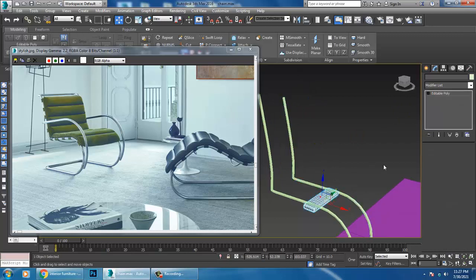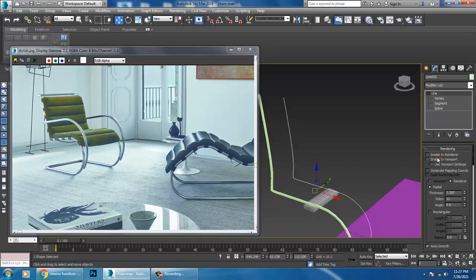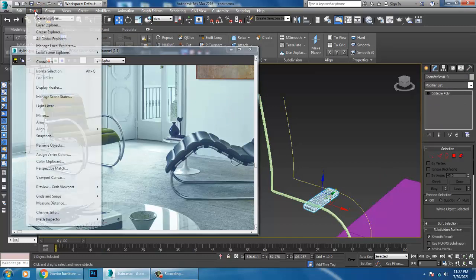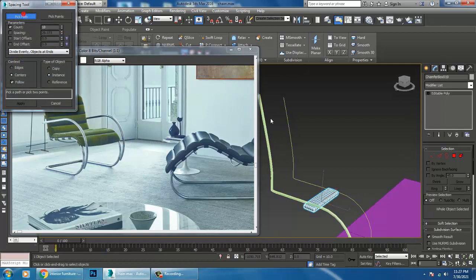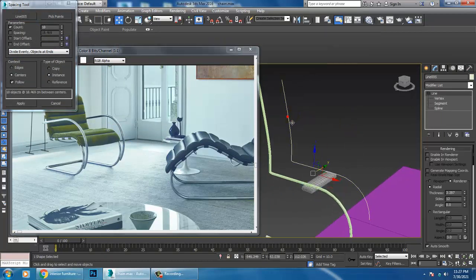Again select that, select this line, and turn off enable in viewport. Select this, spacing tool, pick path, okay.